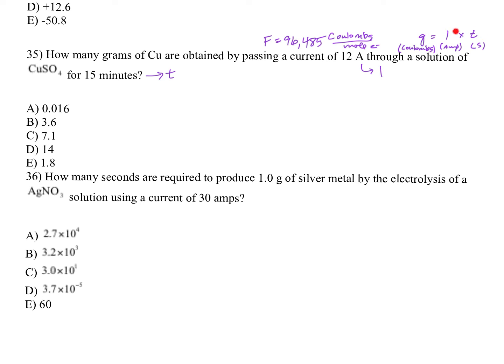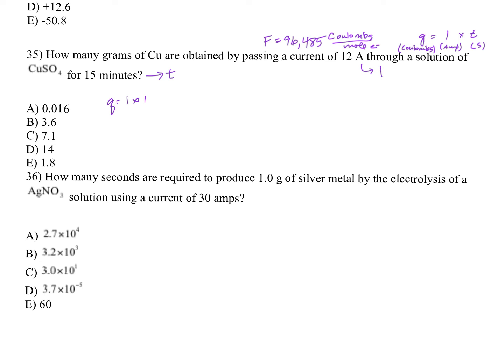First, I'm going to use this equation, Q equals I times T. Then I'm going to take my coulombs and I'm going to use them along with Faraday's constant to get me moles of electrons, and that I'm going to convert into grams of copper. So it's a multi-step process. Okay, so step one is to use the equation that's given to solve for Q. So Q equals IT,